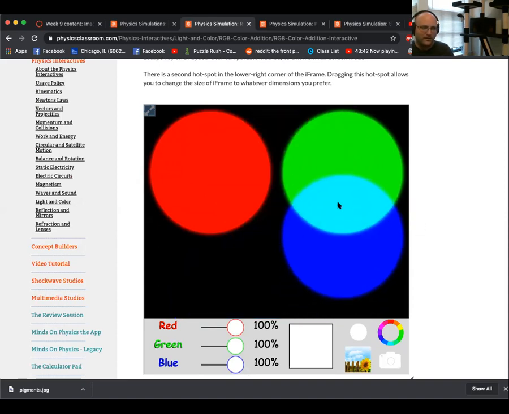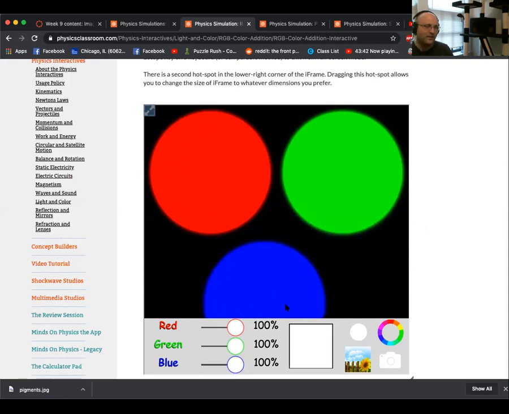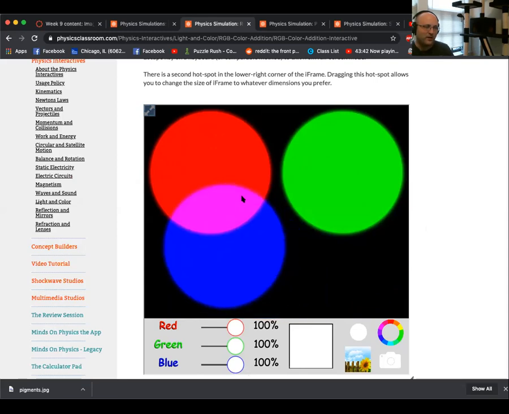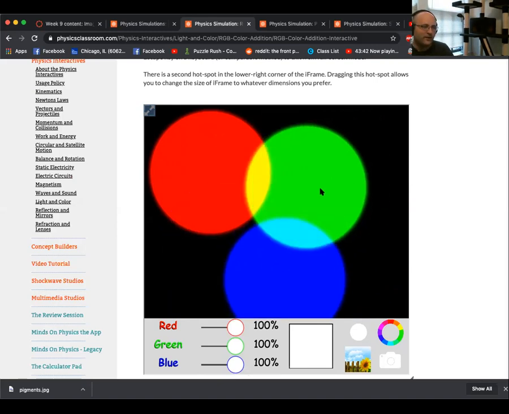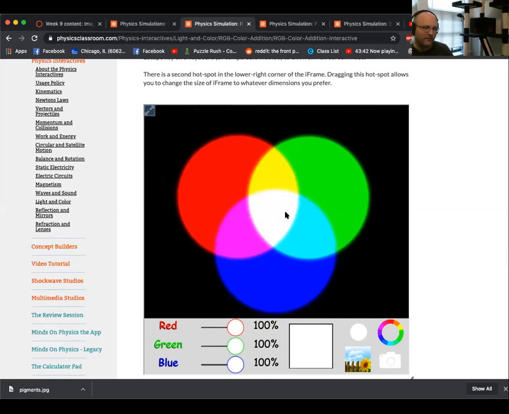Green and blue together give you cyan. So this is what we call cyan, this light blue sort of thing. And blue and red make magenta. It's not what like 6-year-old Tim thought of as purple, but you get magenta. And then you can make the Venn diagram. You combine all three of them and you get a white region in the center, right? So right, red, blue, green, we can see the intersection. Green plus blue makes cyan, red plus blue makes magenta, red plus green makes yellow, and then the sum of all three colors makes